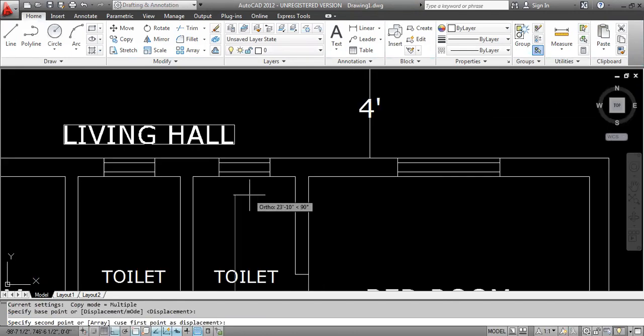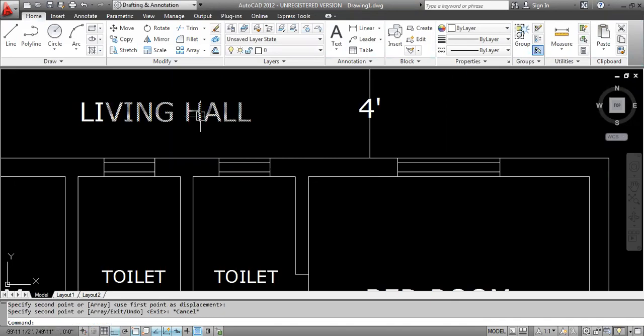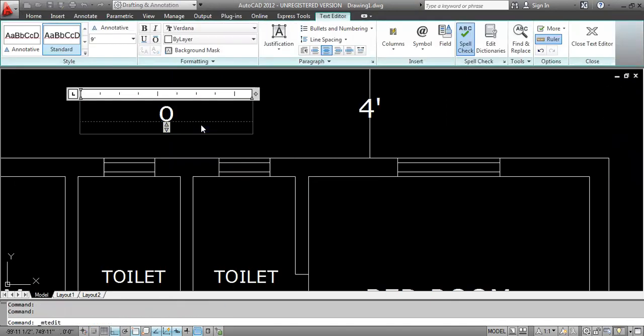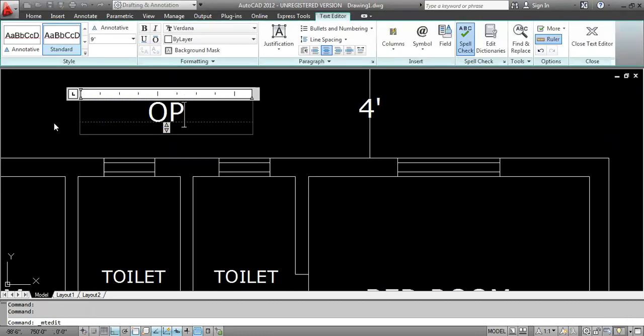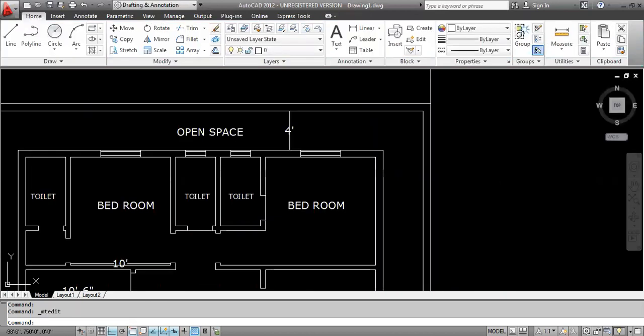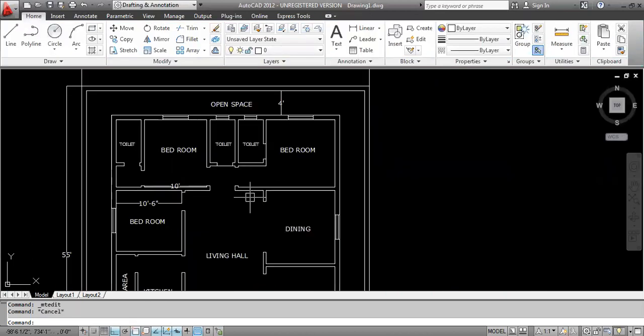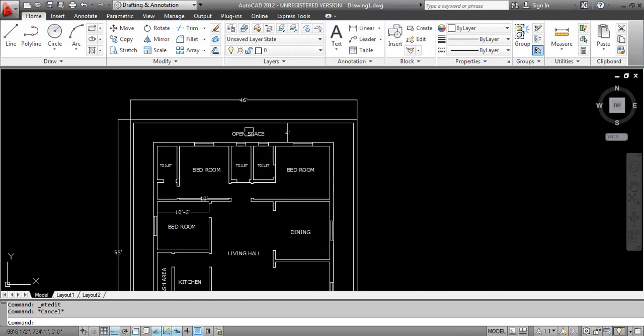Here you have to show open. Open space. Okay, wherever we are giving open space, you have to show the text over there.